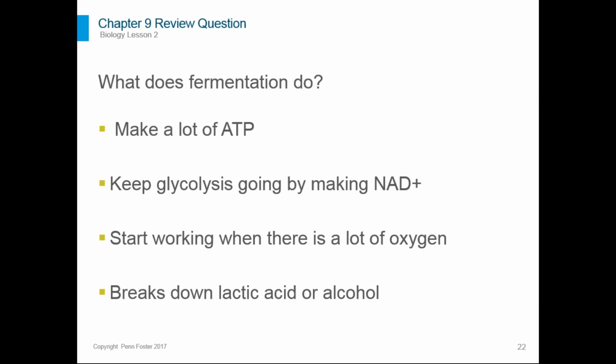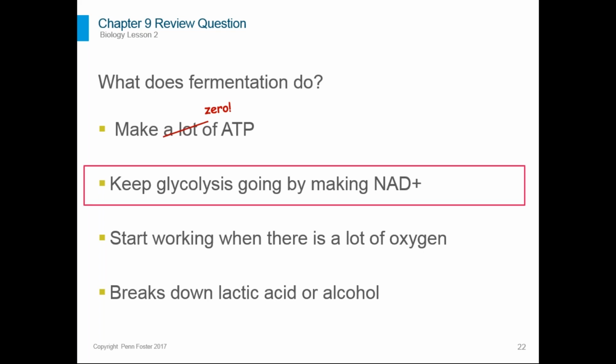All right, so our options, what does fermentation do? Does it make a lot of ATP? No, fermentation itself actually does not make any ATP. Its job is just to keep glycolysis going by making NAD+. So remember, glycolysis makes some ATP, and it also makes that electron carrier, NADH. So fermentation's job is just to break up that NADH, send the NAD+ back to the beginning so that